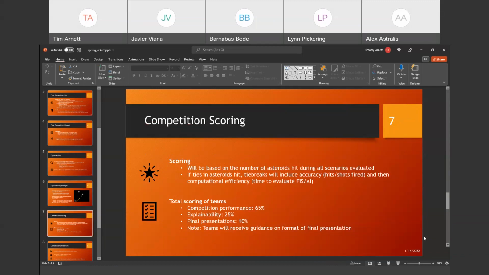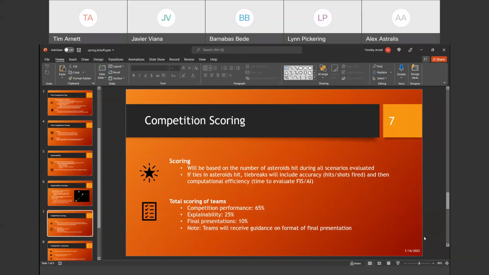However, if there are ties between multiple teams' solutions for the number of asteroids hit, there will be a sequence of tiebreakers enacted after that, such that the first tiebreaker will include accuracy. That will be the number of asteroid hits you had divided by the total shots fired.